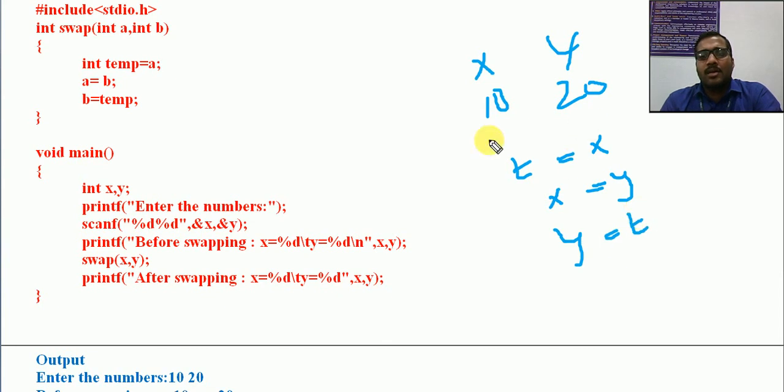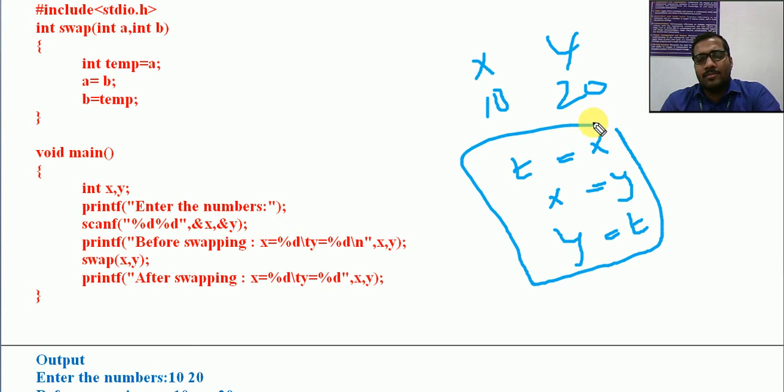This is the logic for swapping by using a temporary variable. Now y is assigned to x and the x value stored in the temporary variable is assigned to y. Now the value of x will be 20 and y will be 10. Okay, so this is the swapping process.